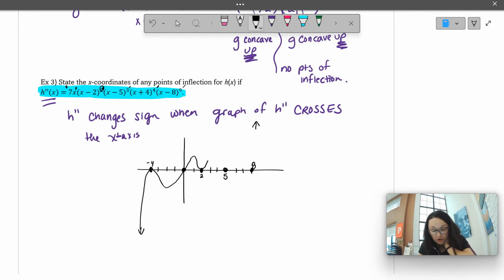X minus 5 cubed. 5 has an odd multiplicity that's not 1, so it crosses with inflection. So we're going to come down here, flatten out, and then keep going. X minus 8 to the 9th is odd. So that's going to cross with inflection. And if you're right now having a light bulb breaking moment going, wait a minute, crosses with inflection, now I know what inflection means. Hey, look, when something crosses with inflection, that means the graph goes from being concave something, in this case down,